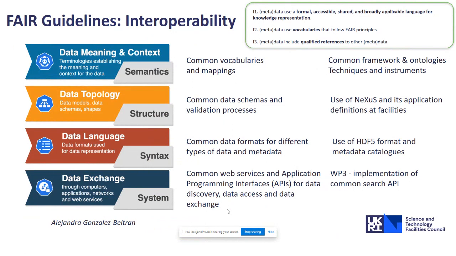And then interoperability. We need to provide a structure of different levels of information about our data from the system. What systems you're using, what syntax you're using, data formats, how that is structured into data schemas, and then finally semantics with our ontologies. And we're looking at all these areas. There's a well-known format called NeXus that we use a good deal for that, and about standardizing that and making that more shareable into ontologies as part of the work.